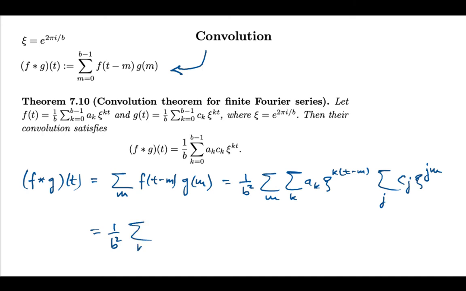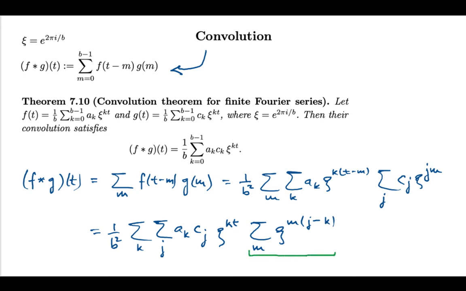I'll make my outside sum over k and j. And so it's really a parallel computation as what we did 2 pages ago. I have an ak, cj, and I can actually take an exponential to the, I guess, kt out of my inner sum, which will be now over m. And so what's left is an exponential to the m. We'll have a j and a minus k. Okay, and so here it is. Here are the orthogonality relations. This will be 0